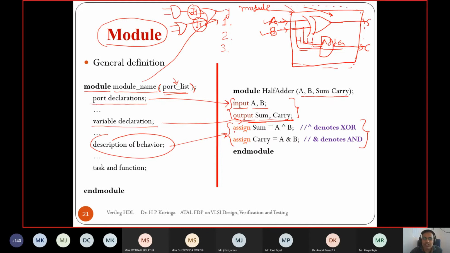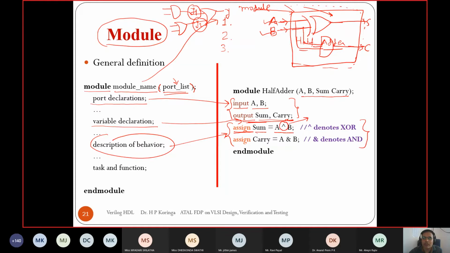So here assign is for the data flow, and it will assign to sum using the equal sign as the assignment operator, and A, and this is the bitwise XOR operator, right? So A and B are bitwise XORed, and the result is assigned to sum. Similarly, another thing we want to do in this architecture is the implementation of an AND gate.